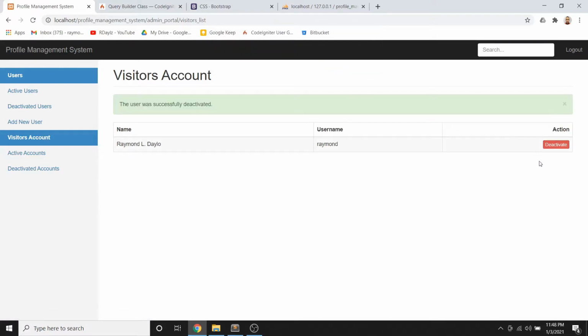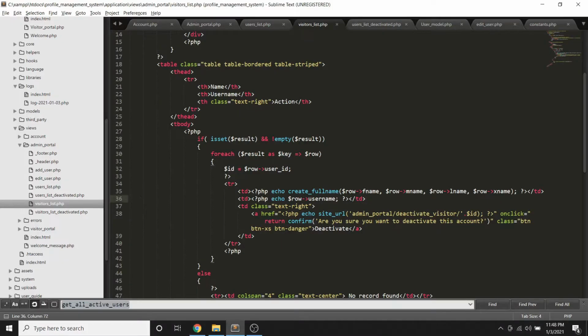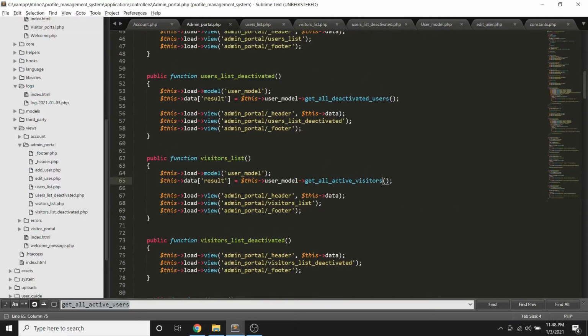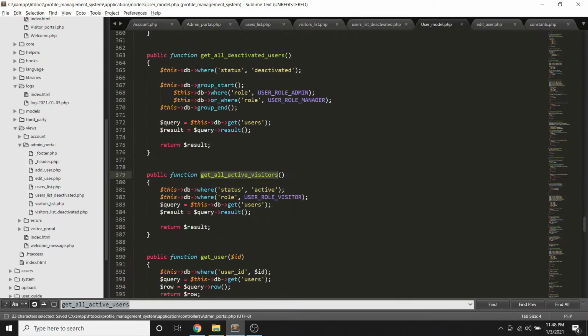About this one and the last one. Yan. So, let's try to check this one. So, hindi ko pa manipulate yung page niya. So I can call this one and place it here, and then call deactivated visitors. Okay, so go back to the model, and we can just copy this up,